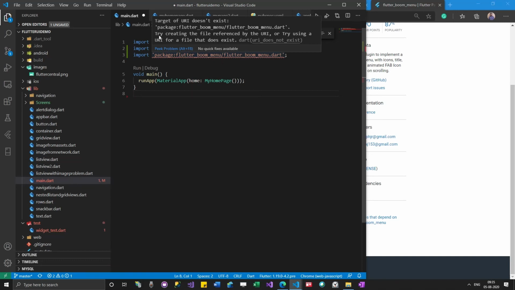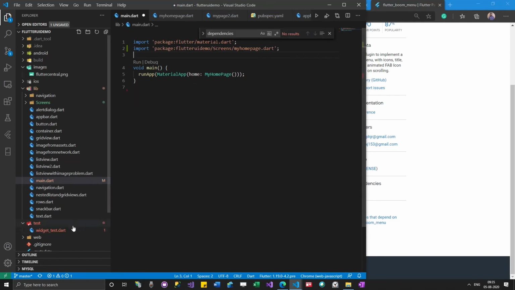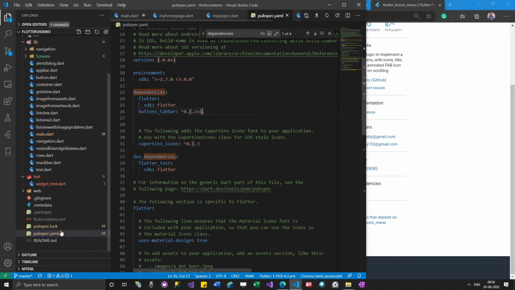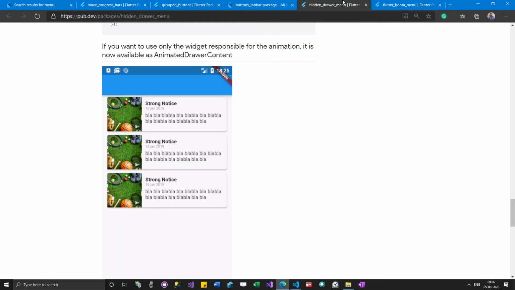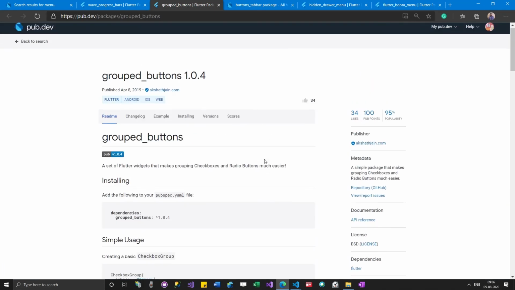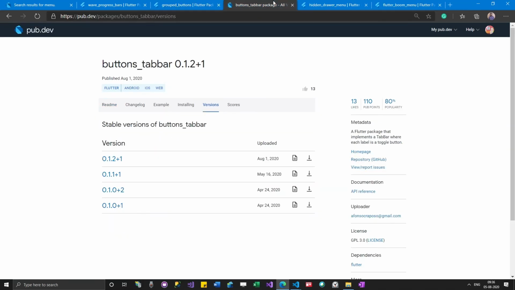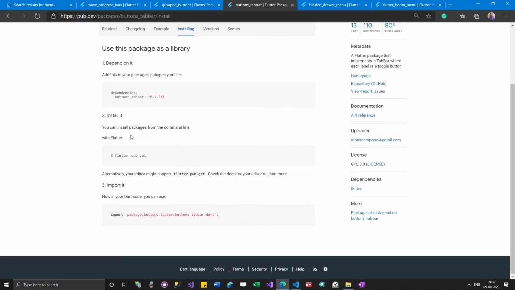Okay, I have copied the import. So everything is similar, all packages, this is how you import.